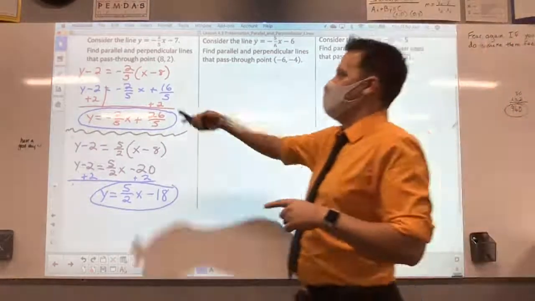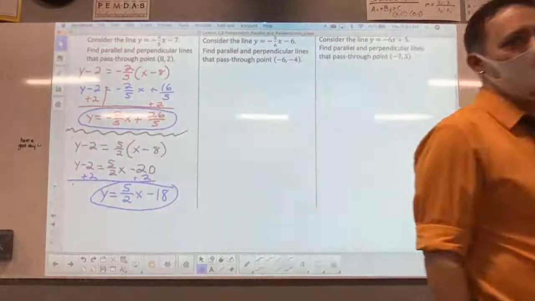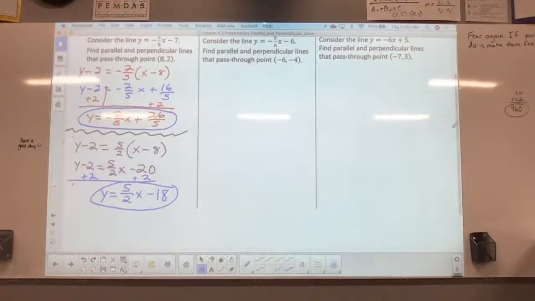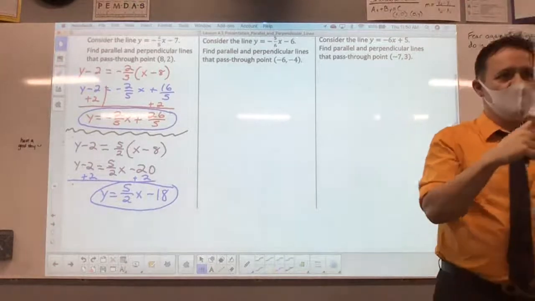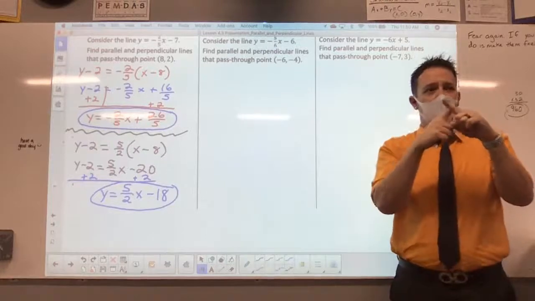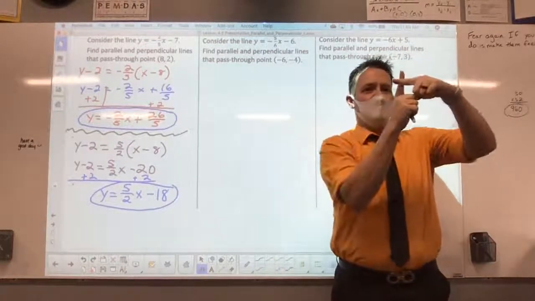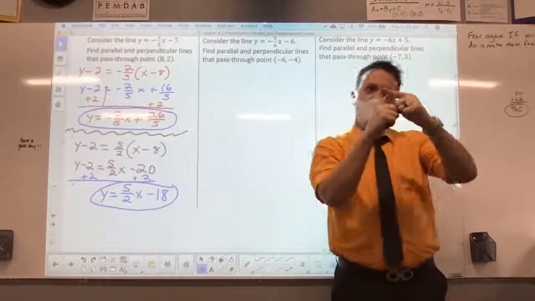They would actually meet, guess where? (8, 2). Okay, that's where they would meet. Then one will go one way and one will go the opposite direction, but it should be 45-degree angles. If you go into Desmos and graph these and it's not on this point, and your angles don't look like a plus, okay, so you may have to turn your head,